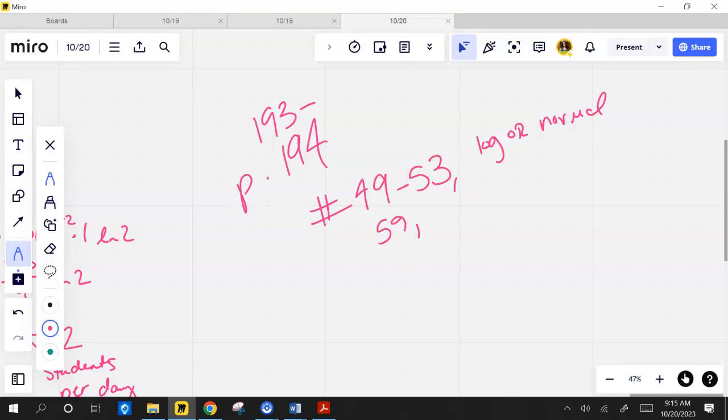One more, that's normal. Okay, and then your multiple choice. 65 through, no, this is an 8. Those are multiple choice. There's 4 more multiple choice on the next